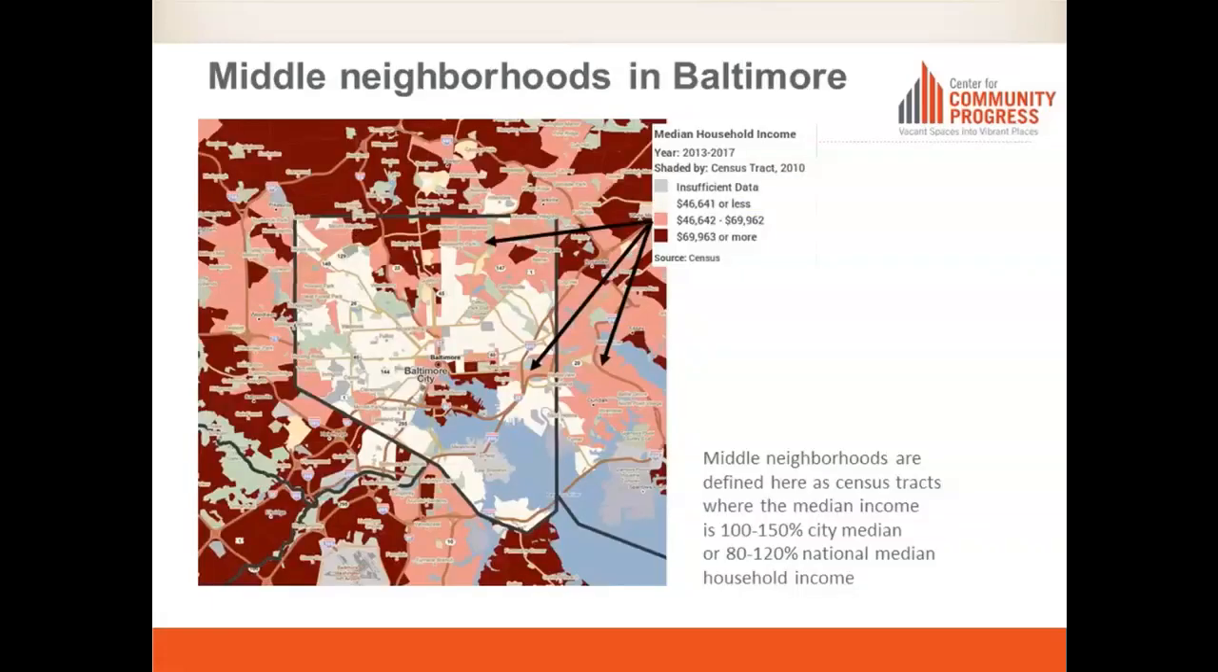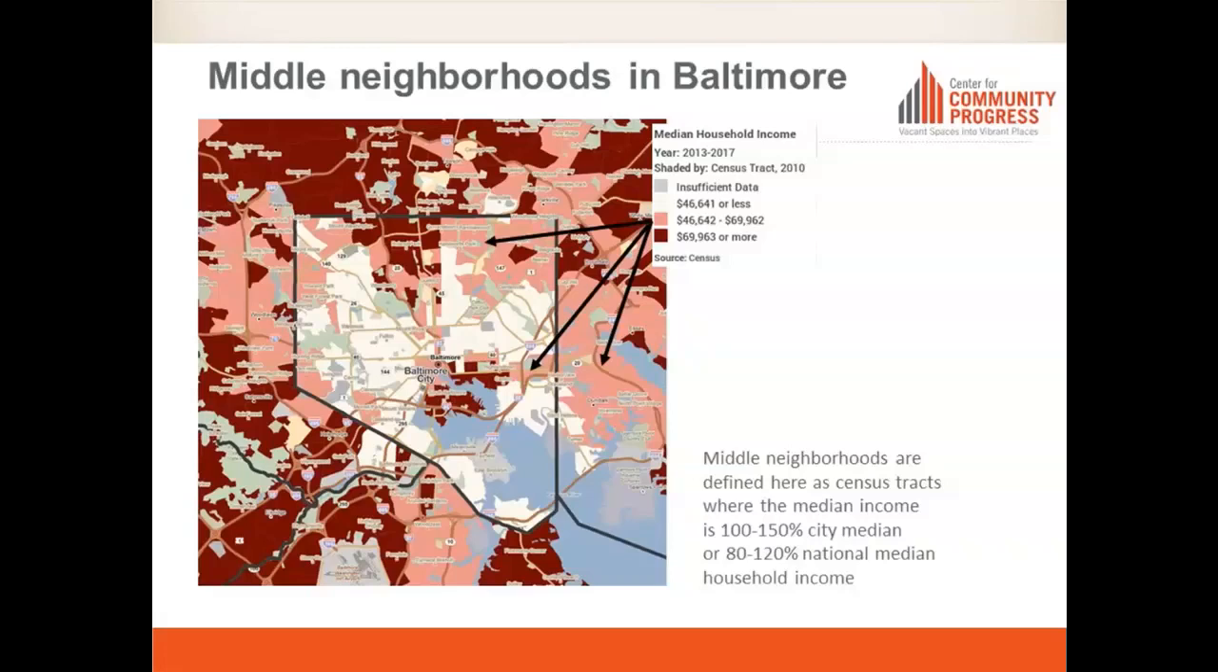But just to illustrate, this is using one definition of middle neighborhoods, defining it on the basis of family income, where the income, in this case, I use the definition as the slide indicates, 100 to 150% of the city median in Baltimore, which is 80 to 120% of the national median. You can see the areas in salmon on the map are what you would call middle neighborhoods. So you can see they make up perhaps about a quarter of the neighborhoods in Baltimore City,